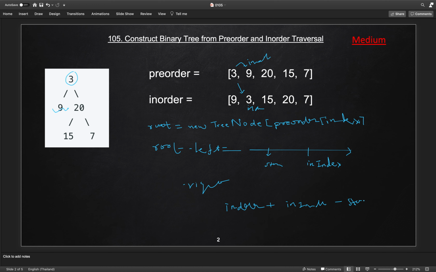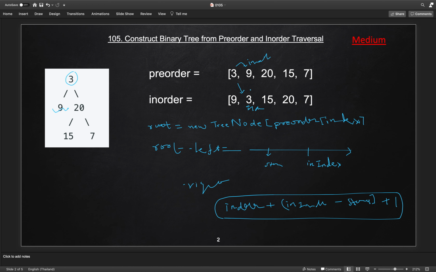This gives the last node in the left subtree, so then we move one more ahead of this. So this is the index node for the right subtree in our pre-order.